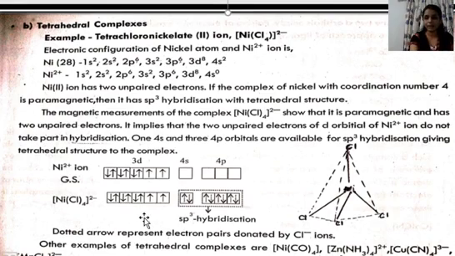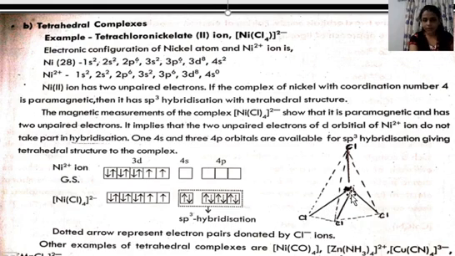Okay, so for forming NiCl4, we need 4 empty orbitals to form bonding with the ligand. So here these electrons will not be paired as Cl is a weak ligand and weak ligand doesn't cause pairing. So these ligands will not cause pairing and the d orbital is not empty here. So the hybridization will take place of this 4s orbital and these 4p orbitals, so 1s and 3p orbitals. So therefore the hybridization is sp3 here. And for sp3 hybridization we have already seen that geometry is always tetrahedral.